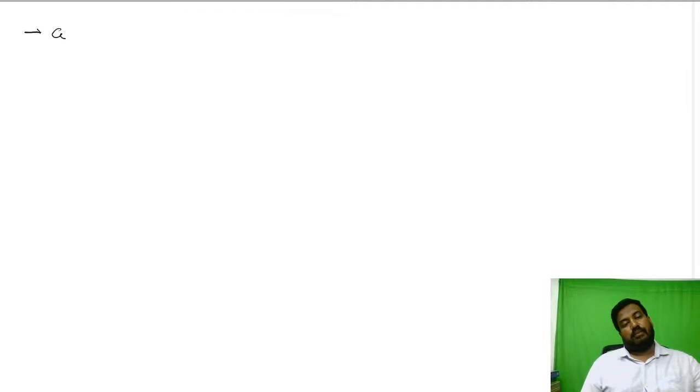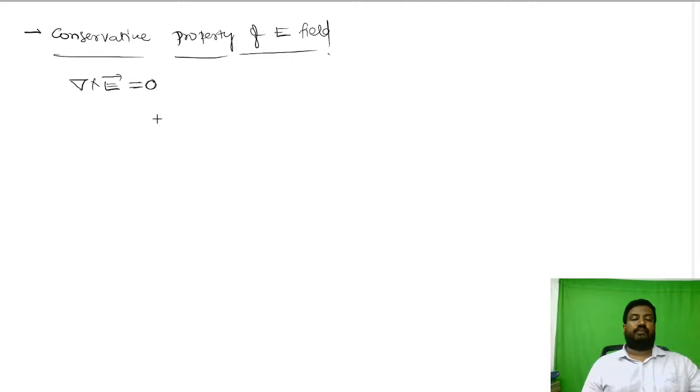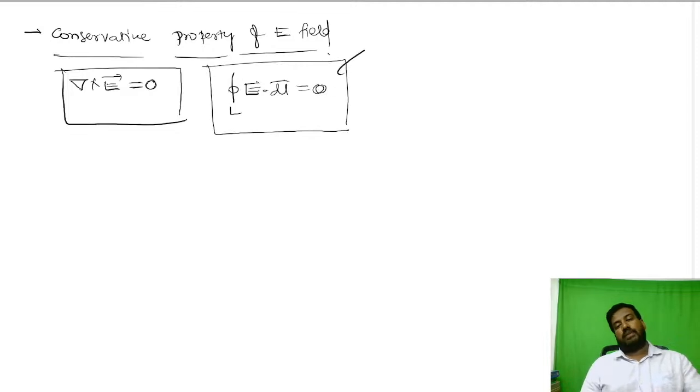Then we'll go for the conservative property of electric field. According to the conservative property of electric field, the curl of E is equal to 0. Electric field will always go in a straight line. Closed integral of E dot dl is equal to 0, because when I close the loop, the potential difference will become 0. This is called